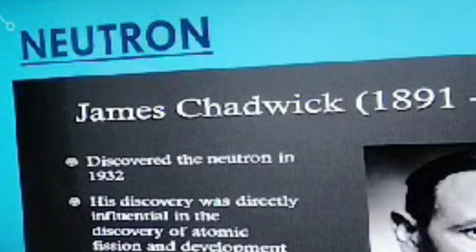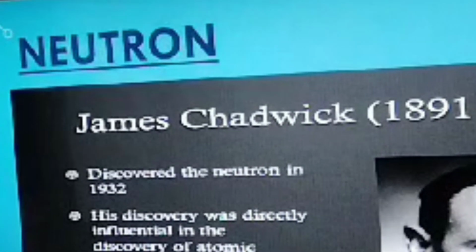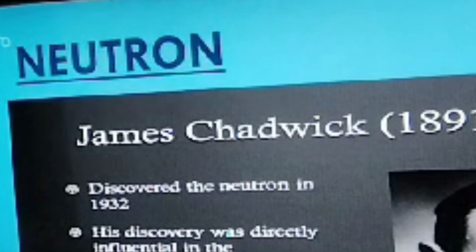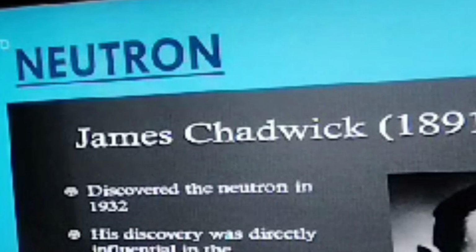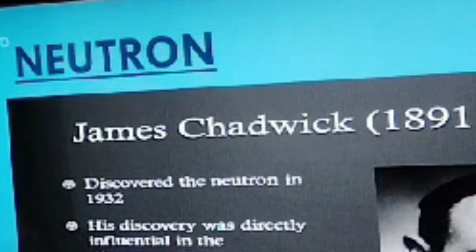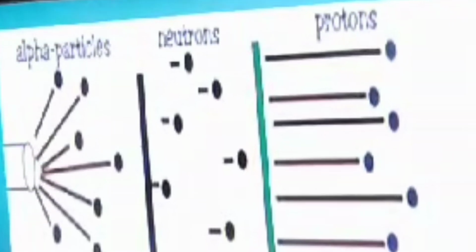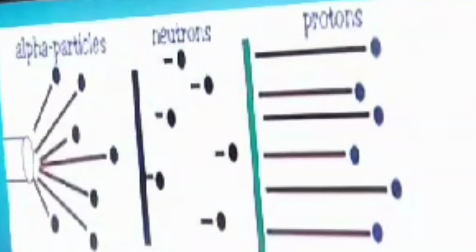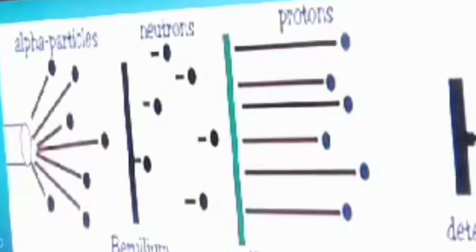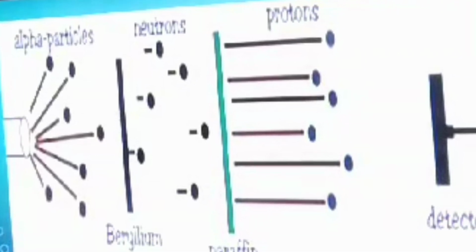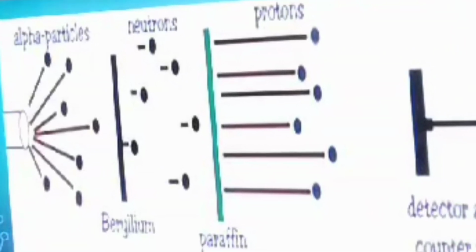Next is the discovery of the neutron. The neutron, you know, children, is a neutral particle present inside the nucleus, and it was discovered by James Chadwick in the year 1932. He performed an experiment where he bombarded alpha particles, which are doubly charged helium ions, on a beryllium plate,